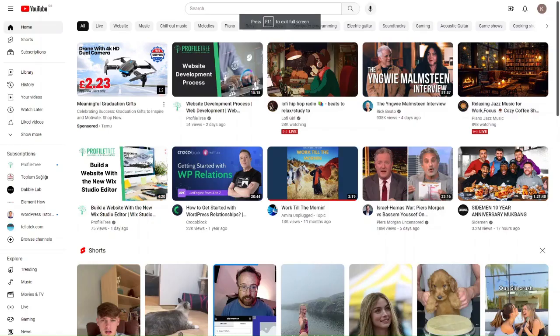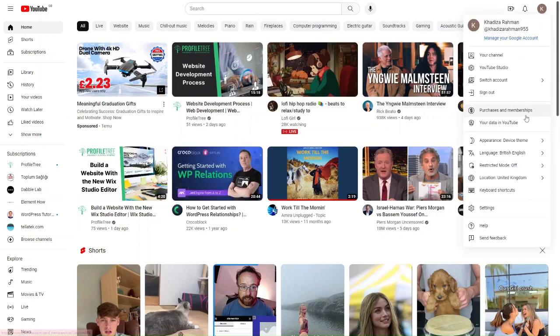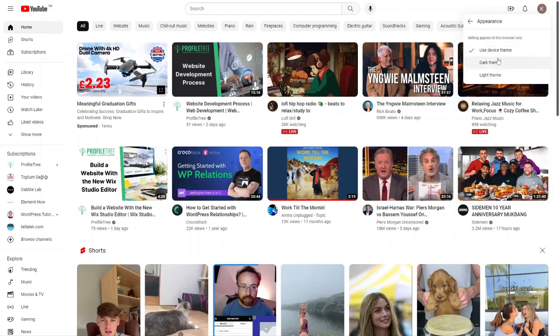So let's look at some examples of websites that do employ the dark mode method and design approach. So first up, we have YouTube. So right now, as you can see, my YouTube is in light mode, but if we come into the account settings here, we do have a section for appearance. Right now, the appearance is set to the device theme. So my system-wide device theme is set to light mode, but if we switch that onto dark mode, you can